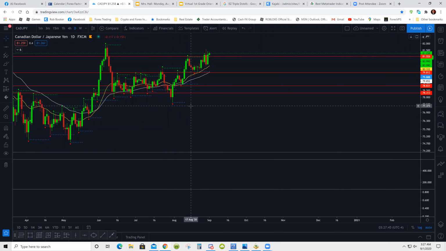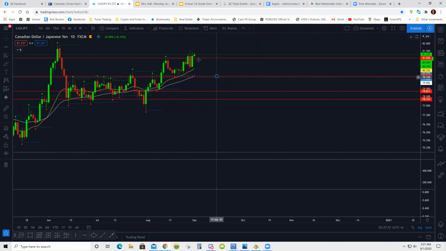So on the 31st, I called it neutral bearish, right? So it was right at resistance, and you can see where it came down, right? And my target was 79.82. So this is 79.82. You see this? So it came down and it hovered around here and came right back up, and it came back,